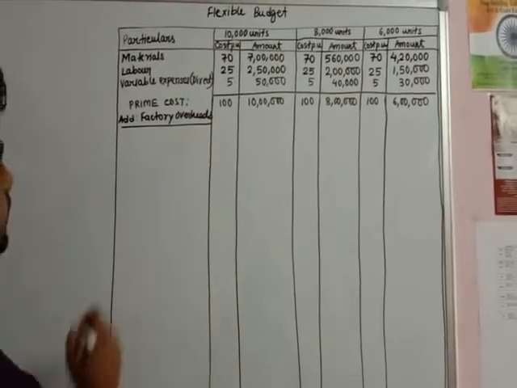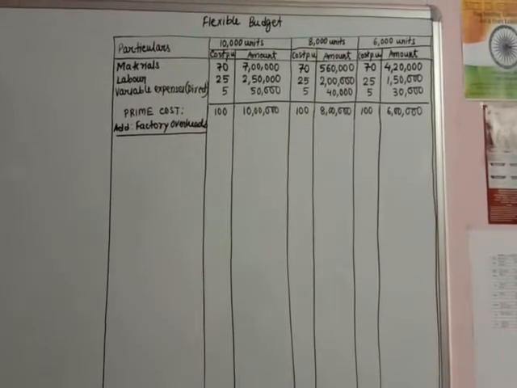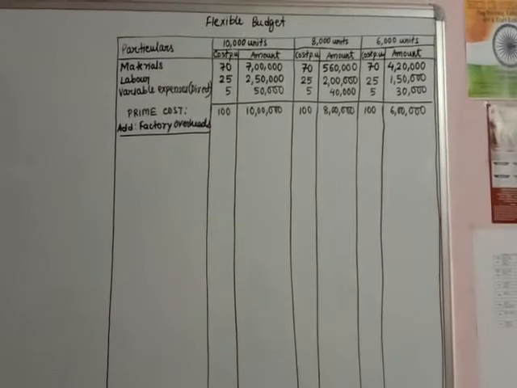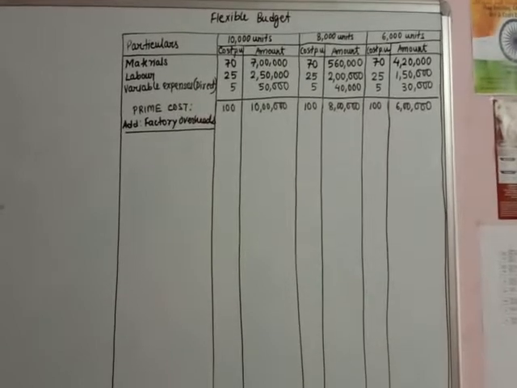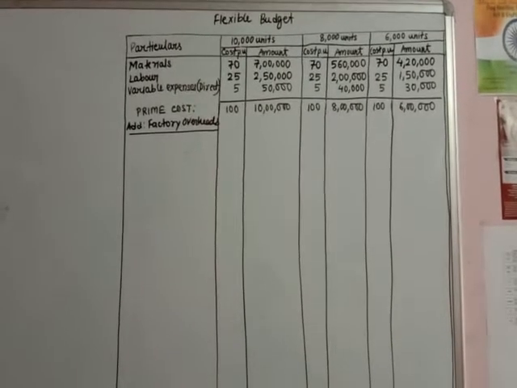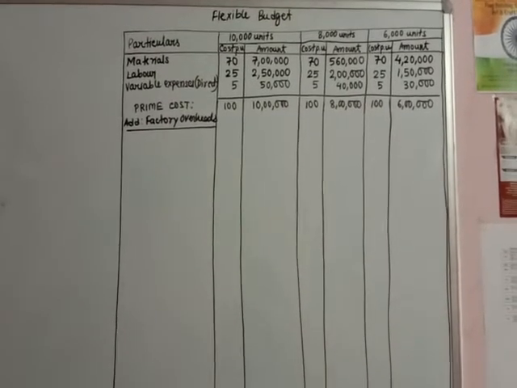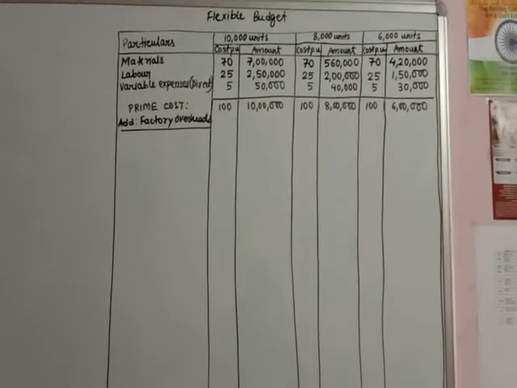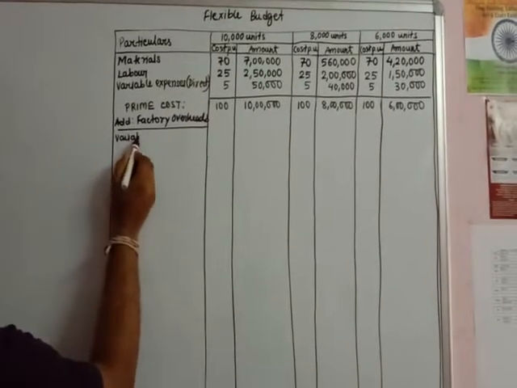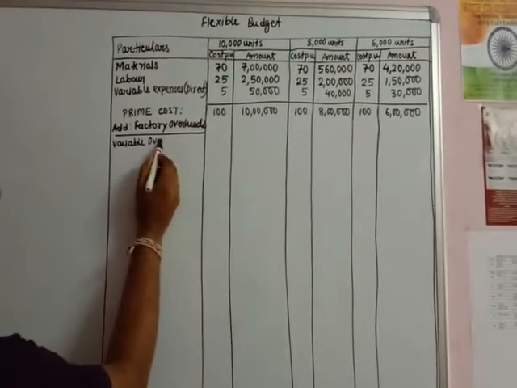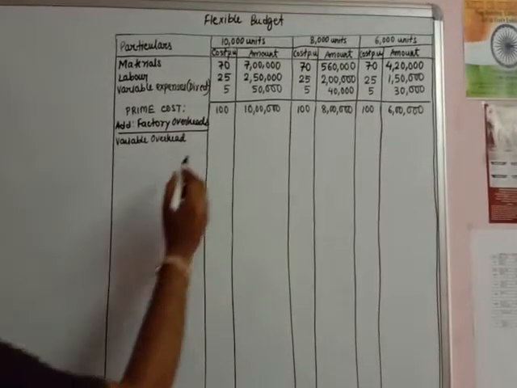So let's look into the question. What are the different factory overheads that you have? Overheads are indirect expenses. If you look at the question, you have two types of overheads or two types of indirect expenses. The first is variable overhead, and the cost per unit of variable overhead is rupees 20, and then you have fixed overhead rupees 1 lakh. First of all, let us deal with the variable overhead. The cost per unit is 20.